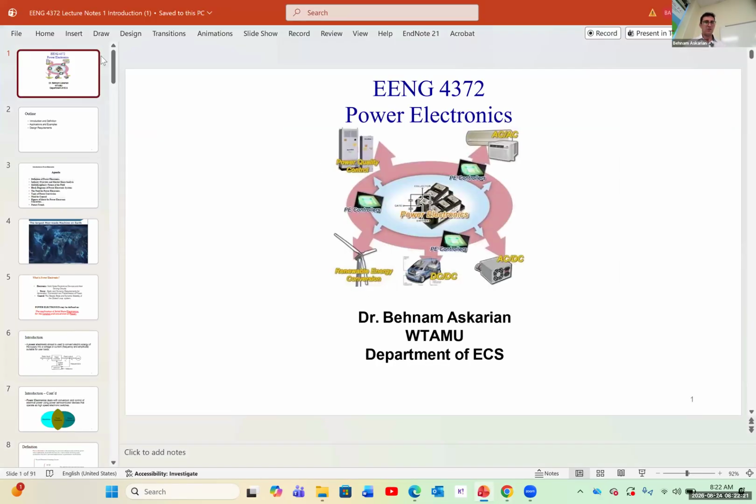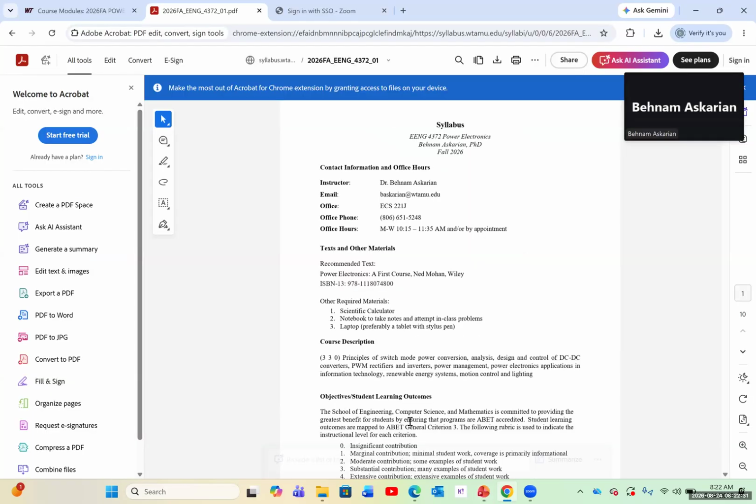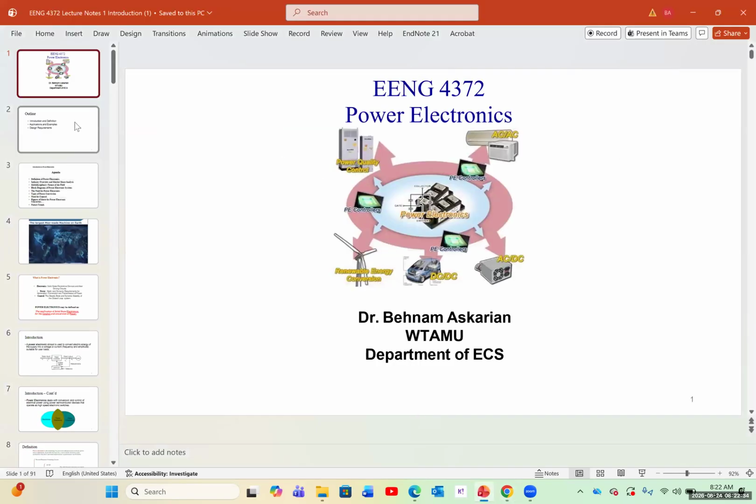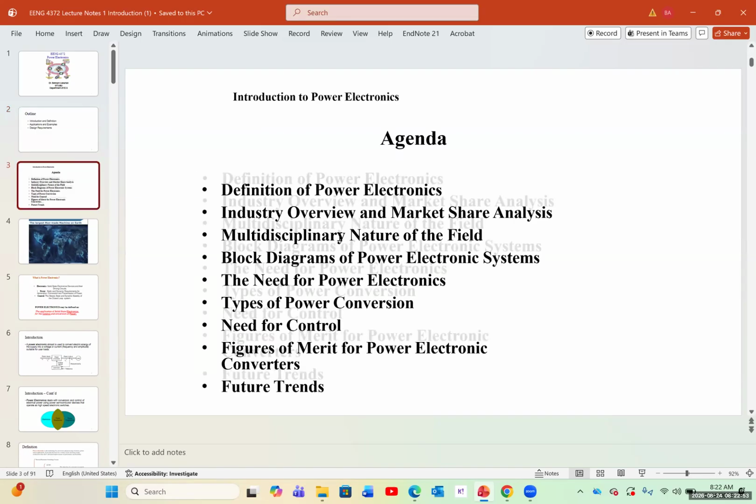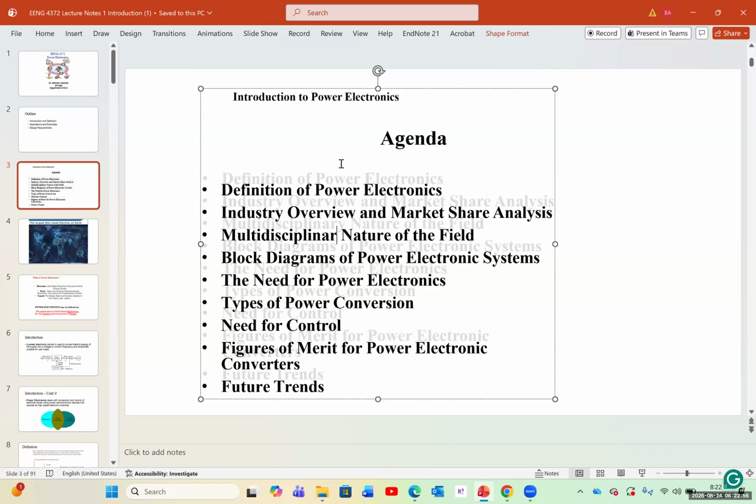So let's start with today's class: introduction to power electronics. The outline of today's class is going to be introduction and definition, some applications and examples, and design requirements. The agenda is going to be the definition of power electronics,